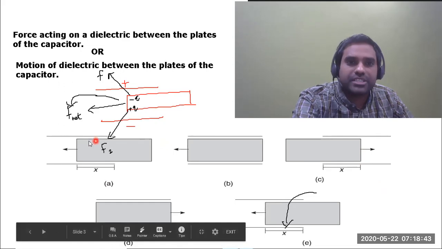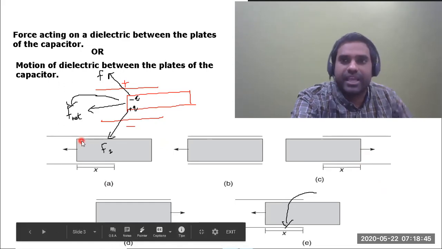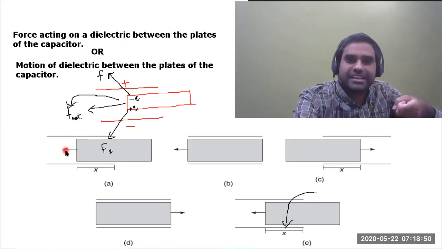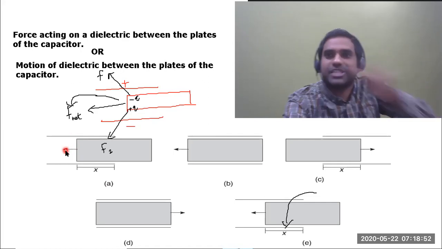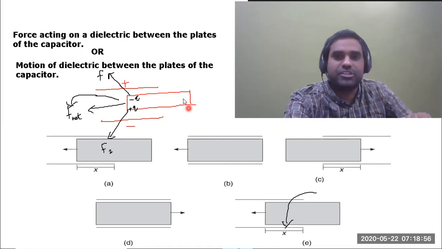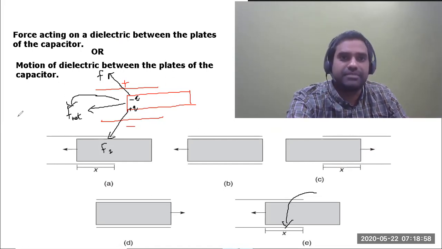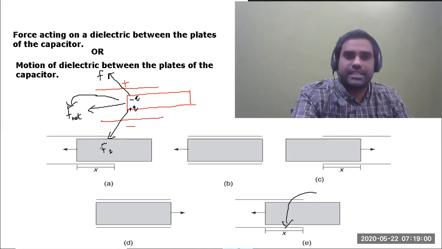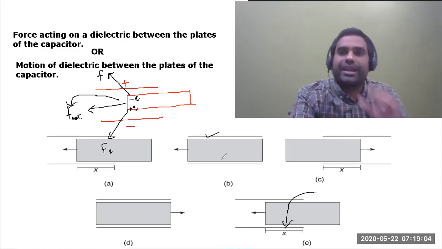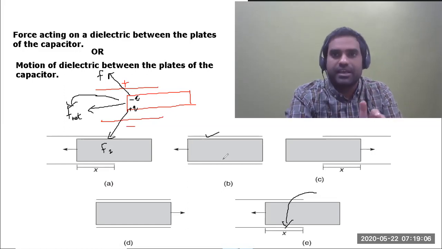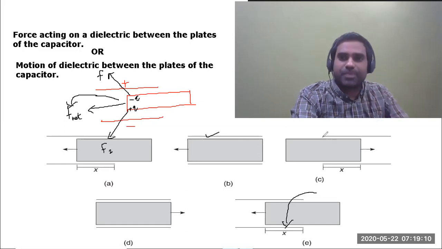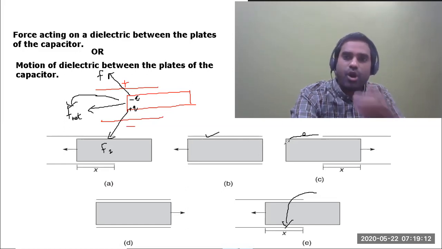See students, whatever the mechanism happened in bringing the dielectric into the plates of the capacitor in this direction, the same thing continues in the reverse direction. See here, this side it will be attracted. I will show you. See here, once it completely occupies the space between the plates of the capacitor, the net force on it becomes 0, students, right? And after that, because of inertia of motion, it slightly comes out of the plates like this. It came out of the plates.